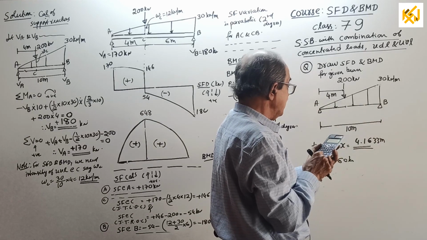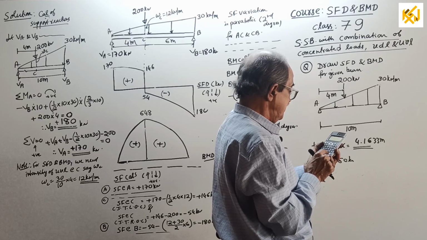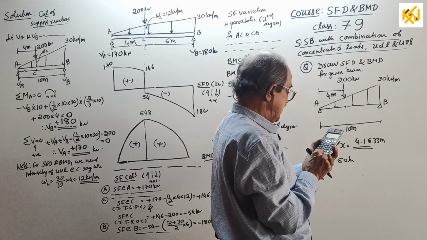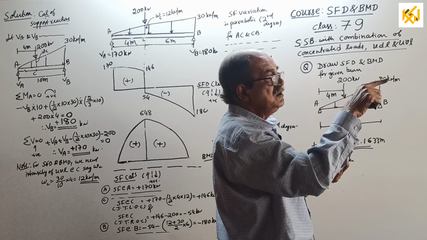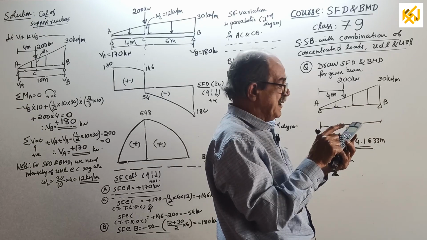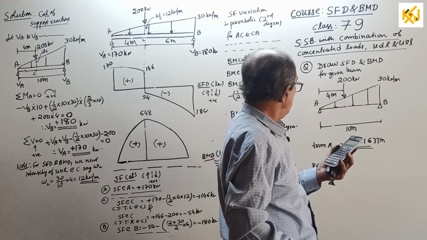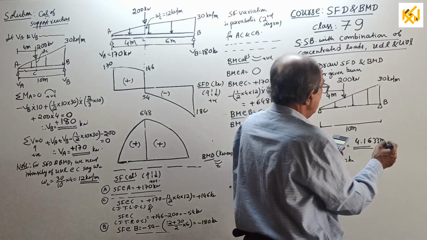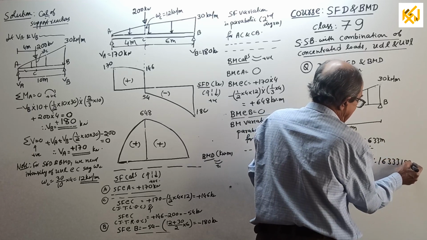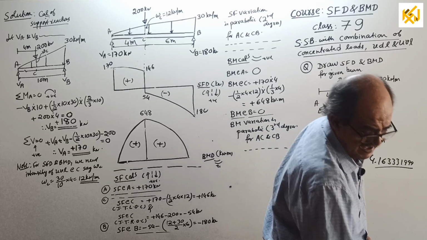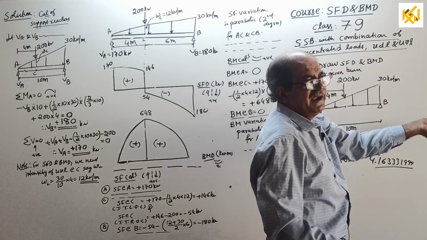60 into 6 divided by 10, the reaction is 36, plus the usual 3 and 150 is 50. 50 plus 36 is 86, minus that 60 I will remove. Then that should be equal to half into x into 3x, so 1.5x square, divided by 1.5, equal to the root of the answer, which will give you 4.1633 meter. 4.16333, 199 will come if you calculate exactly. So I will note down the answer. Actually not required, because I will get it next time.